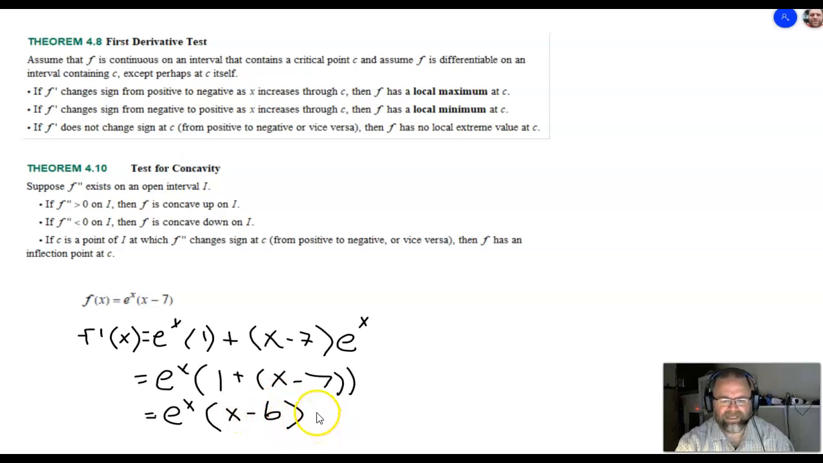Alright, now if we set that equal to 0 and solve for x, that'll tell us where the critical values are. Alright, so